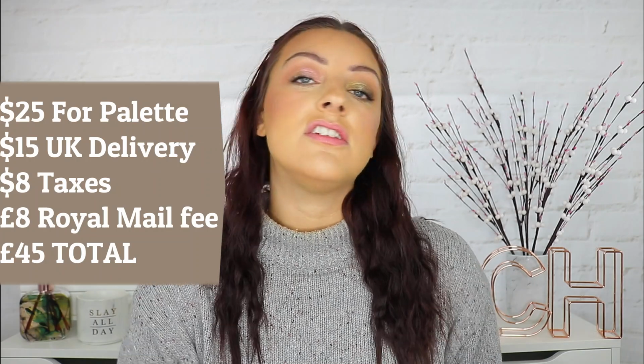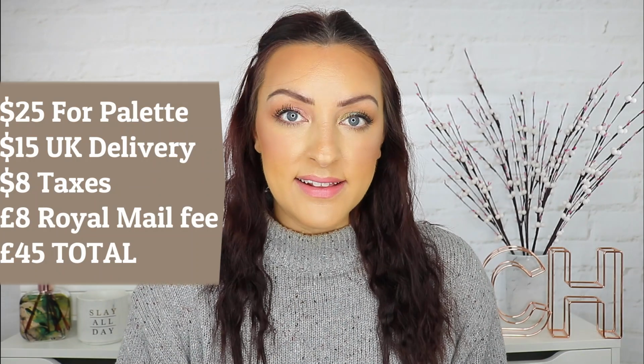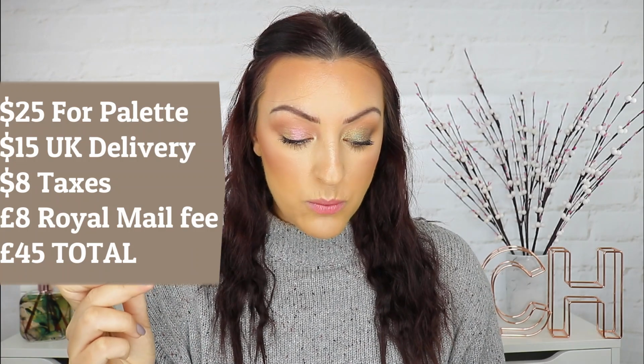So I worked out what it will cost you to order it from there. $25 for the palette, $15 for shipping, and then a further $8 for your VAT. So that's how much you're going to be paying on arrival to the country. And then the Royal Mail is going to add £8 on top of that, just for the pleasure of taking that money. So the total you would pay if you ordered this straight from the Natasha Denona website would be about £45. So you see the 39 from London Loves Beauty and free delivery that arrived within a few days,